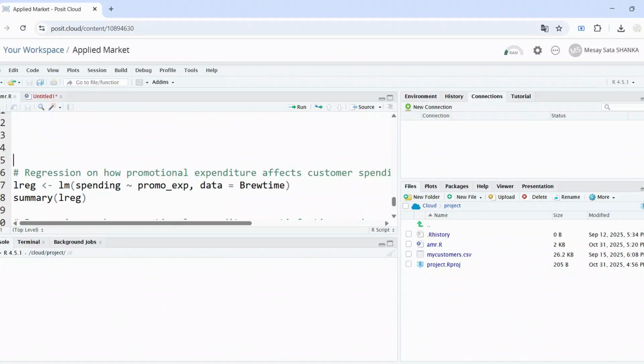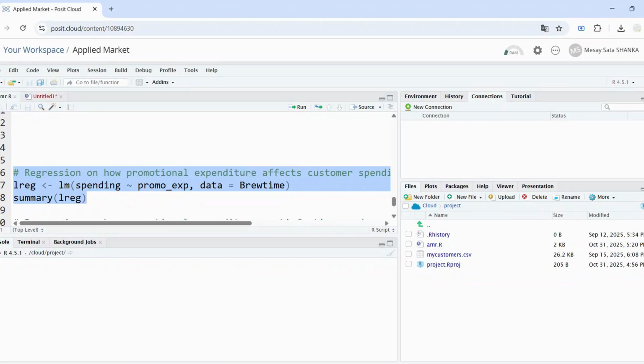In this video, we discuss regression. We start with simple linear regression. We test whether promotional exposure influences customer spending. In other words, we want to know if customers who are exposed to promotion tend to spend more than those